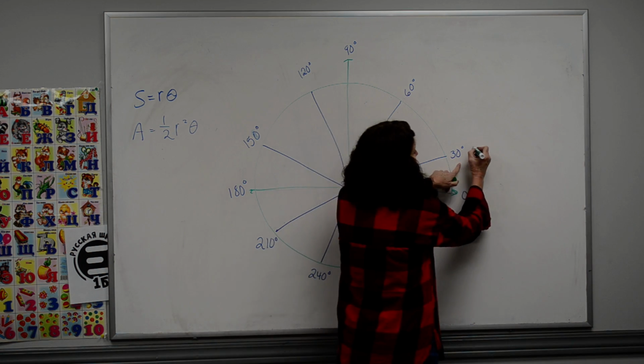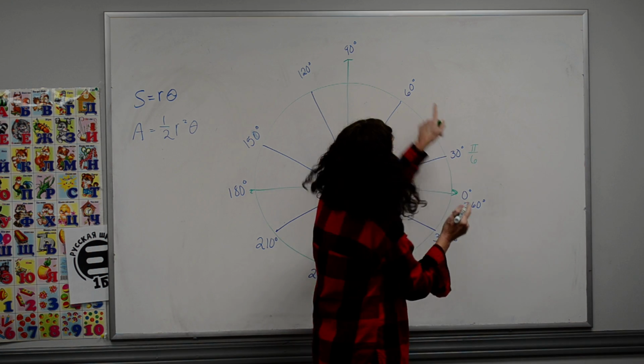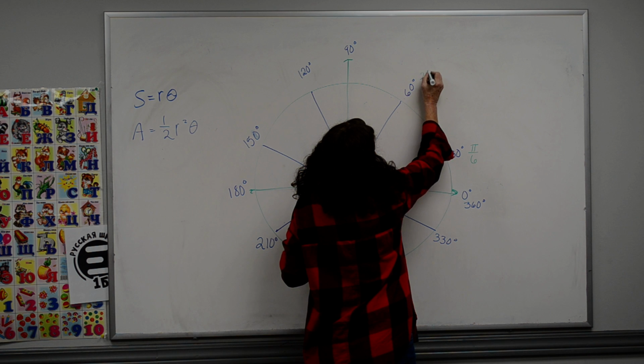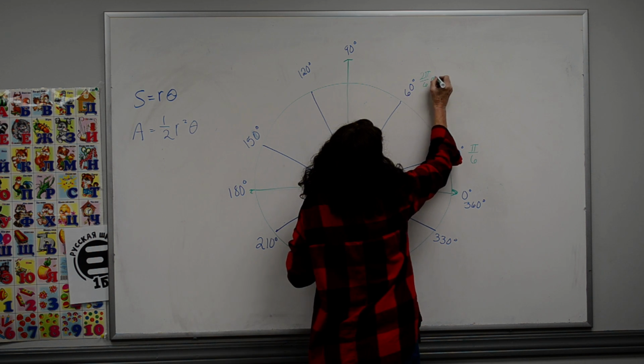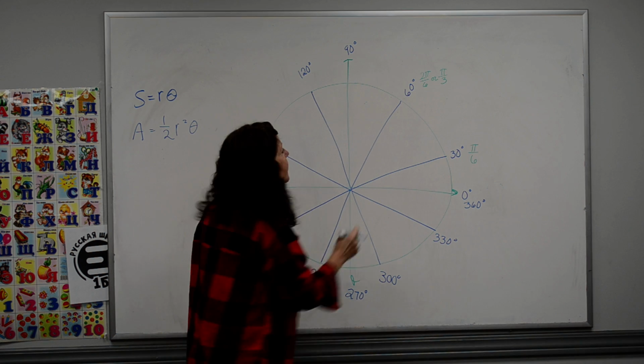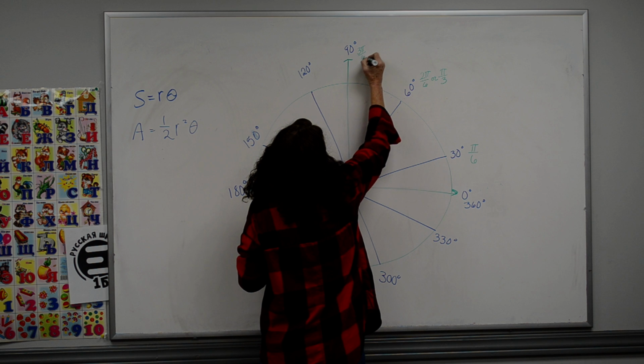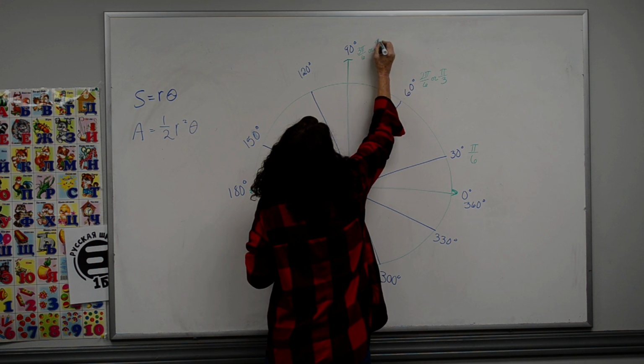So this is going to be 1 pi over 6. This is 2 pi over 6, or pi over 3. This is going to be 3 pi over 6, or pi over 2,